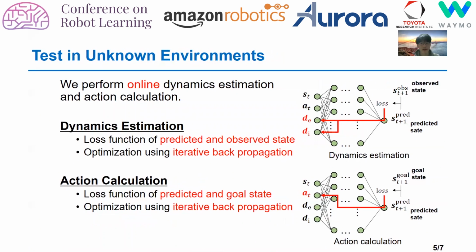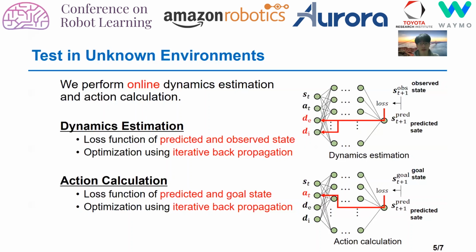Next, I'll explain how EXINet can be applied to manipulation in the unknown environment. We estimate the current dynamics parameters and calculate the action with the estimated dynamics parameters in real time. To estimate the current dynamics parameters, we observe and collect the dataset in the current environment while manipulating, and with the loss function of the predicted and observed state, we optimize the explicit and implicit dynamics parameters iteratively using the